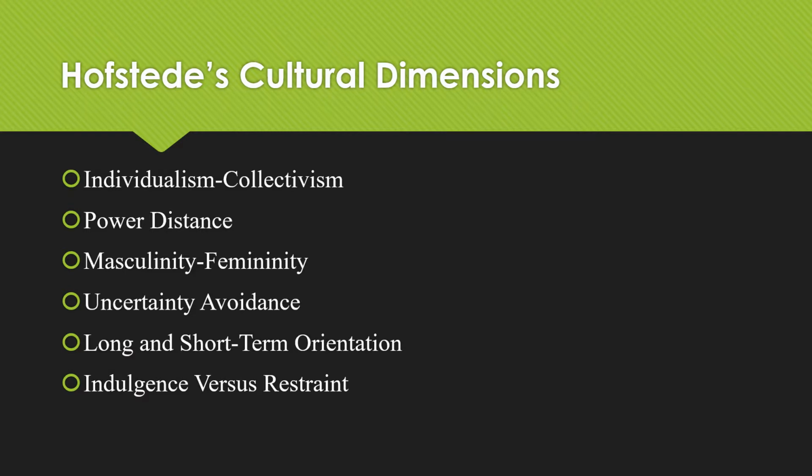Uncertainty avoidance is how well people can handle change. We've come across that a lot with all the different changes that we've had in our organization lately. Long-term planning and making goals are very important, and we have made long-term goals and we have made short-term goals. One of our short-term goals was to make sure we have enough staff to provide proper care to our patients on a day-to-day basis.